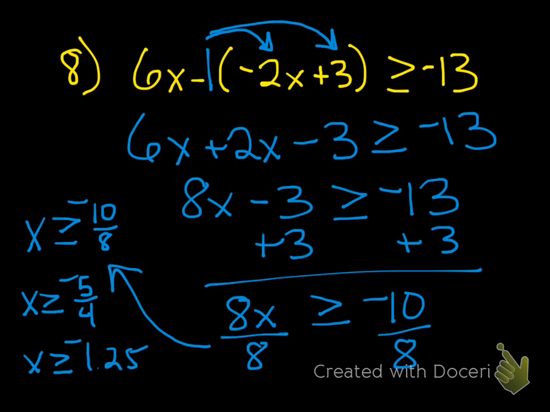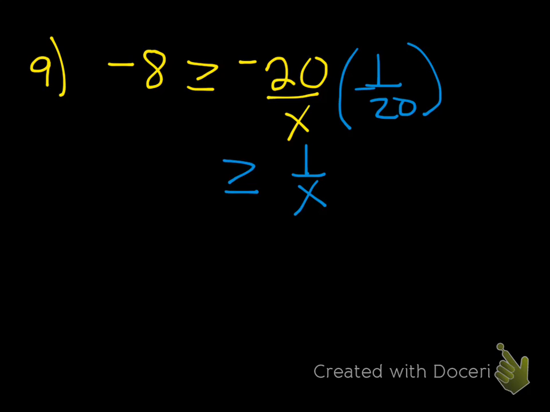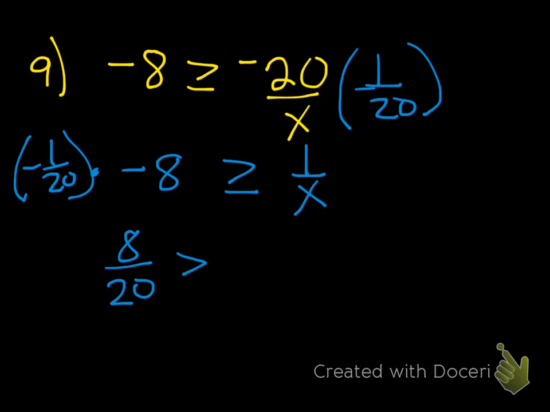That was 8. Okay, number 9. This was a hard one. Okay, so there's a couple ways to do this. The best way, I would say, and I think I saw a lot of people do it this way, is they went ahead and multiplied the right side by 1 over negative 20. The problem with doing that, which is okay, then you end up with 1 over x, and that is equal to negative 8 times negative 1 over 20. Okay, so that would give you positive 8 over 20 is greater than or equal to